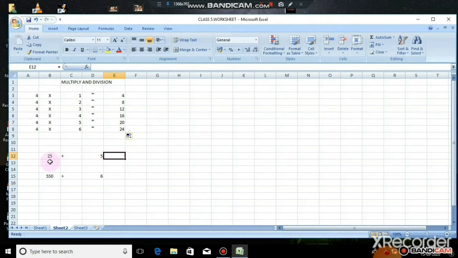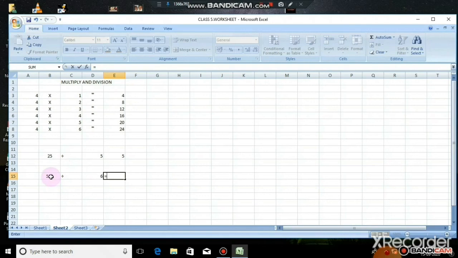Likewise division. In each cell I entered a value. So 25 divided by 5. The formula is equal to, press on the cell with 25, it is B12, and the division symbol is slash. The next cell is D12. After pressing those cells, you can see the formula appear, and after that press the enter key. The result is displayed in the cell.